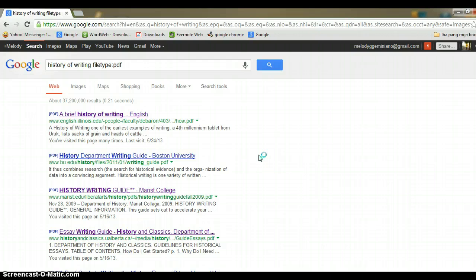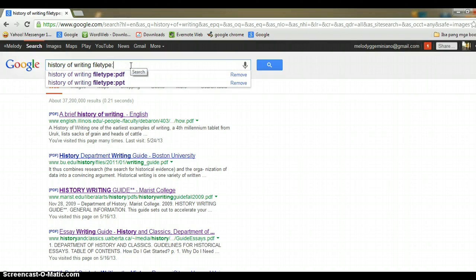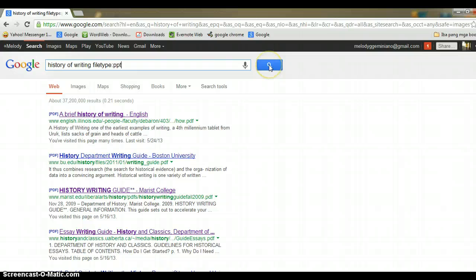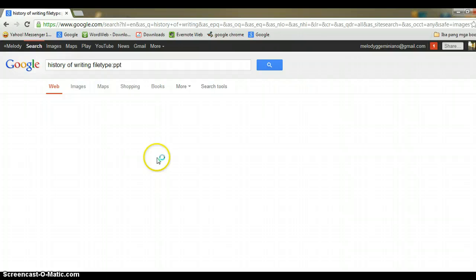But if you don't like that, you want a PowerPoint presentation, it's very simple. Just erase the file type, PDF, and change it into a PowerPoint presentation by typing in PPT, a shortcut for PowerPoint presentation. Then click on the search button or press enter.